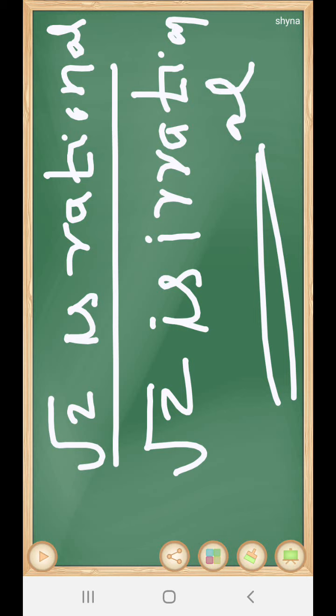Here, what is contradicting? First we started with a and b having no common factor. While proceeding with the problem, we get that a and b have a common factor. That is because of our wrong assumption. Which is the wrong assumption? Root 2 is rational. So we correct that as root 2 is irrational.